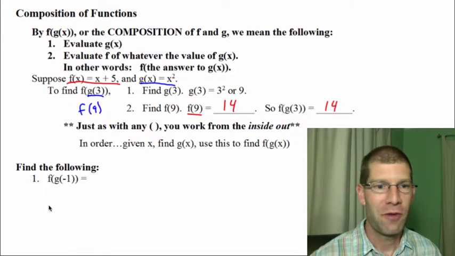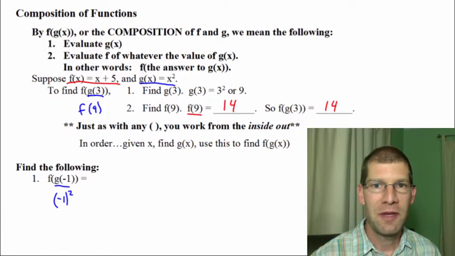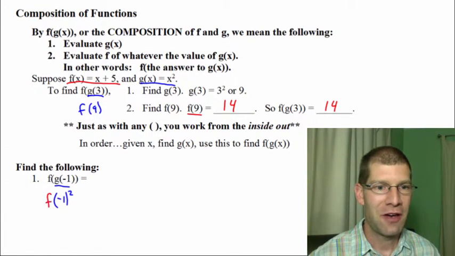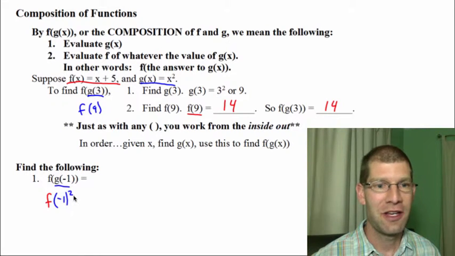So like before, we start with the g of x because that's on the inside. And our g function was x squared. So this here then becomes negative 1 squared. It would be amiss if I didn't mention with the graphing calculators, if you just do negative 1 squared on a Texas Instruments calculator, it's going to tell you the answer is a negative 1, where negative 1 times itself is a positive 1. So make sure putting a negative to an even power, you put it in parentheses. It's just a kind of a fluke with how the calculator does the math. So that part there becomes a 1,